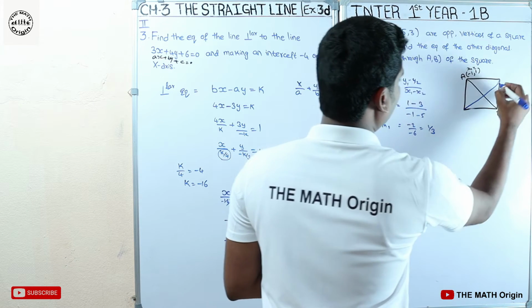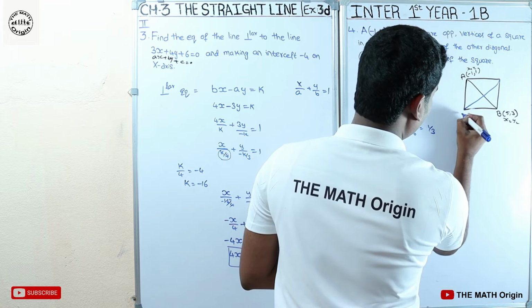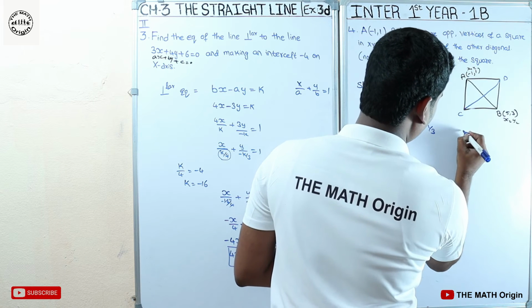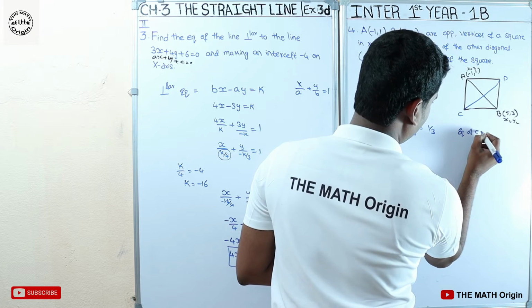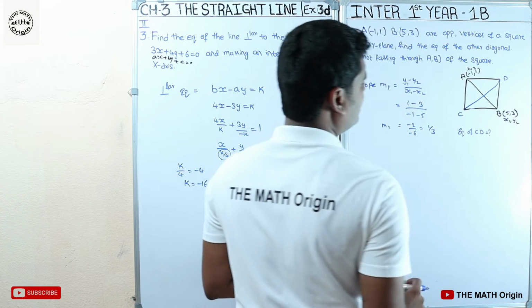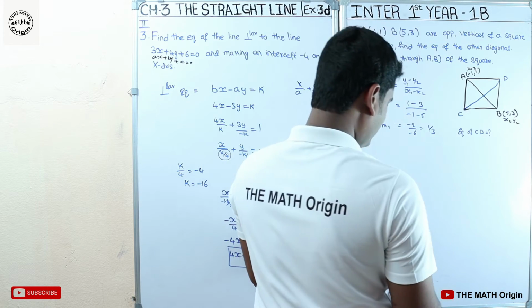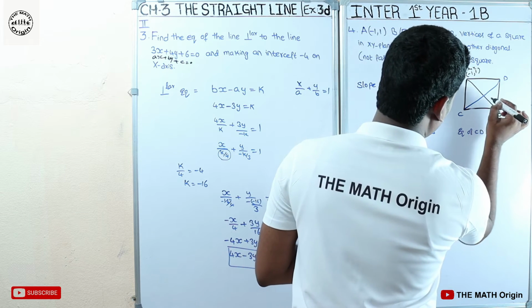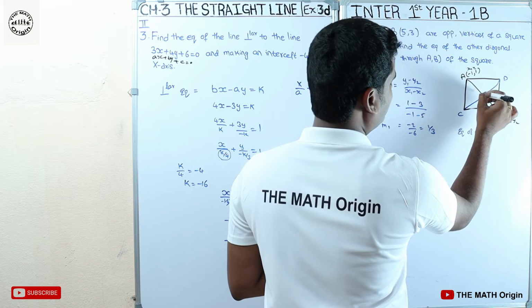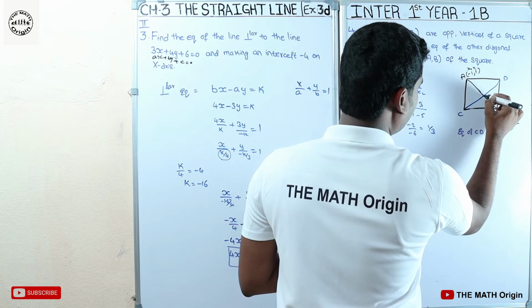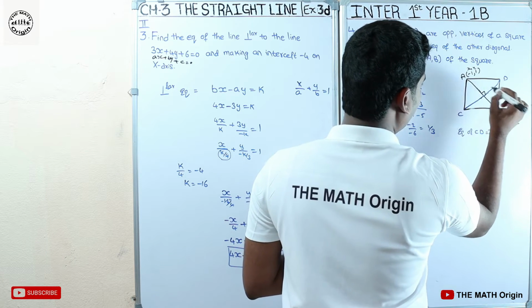We need to find the equation of this diagonal. If AB ⊥ CD, what is the equation of CD? So we need to find that equation. If you see here, we have AB and we have the AB slope, and the AB line is perpendicular to the CD line. So perpendicular means